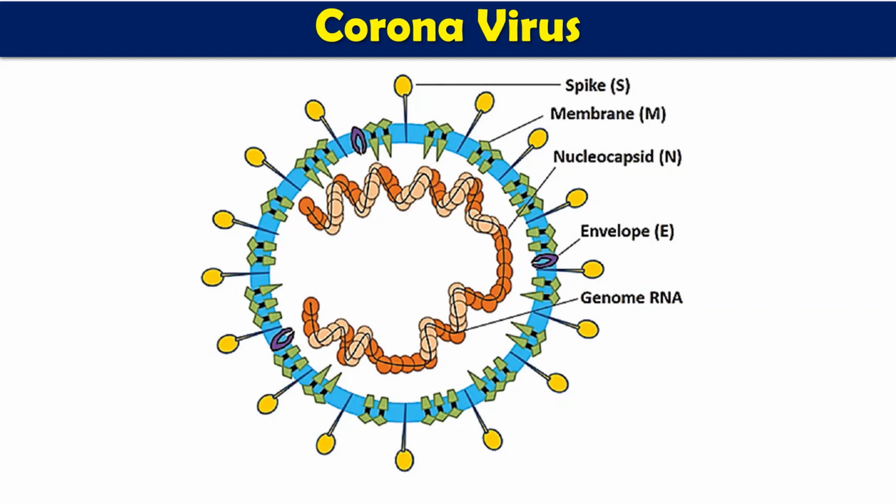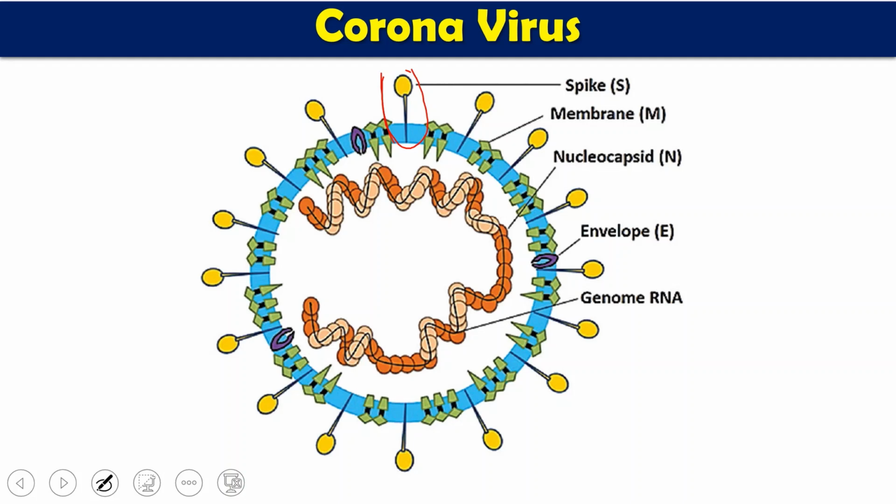In that, you will see a spring-like structure, which is its genetic material, the positive sense single-stranded RNA. This RNA is responsible for almost all the proteins which the virus has. At the same time, the outer circular ring is called the capsid, and on the capsid we see different designs, which are different proteins. Out of these proteins, the most important is this pin-like structure, which is called the spike protein.